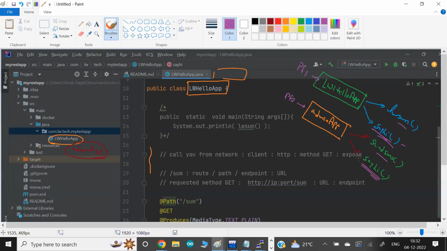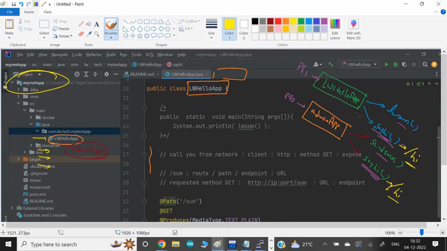But if you want to expose this function also, let's say I write URL equal hi. You want to expose this function, maybe by chance you also write slash hi here, your endpoint or path or route. So finally, in one single big project, having multiple files is very common.